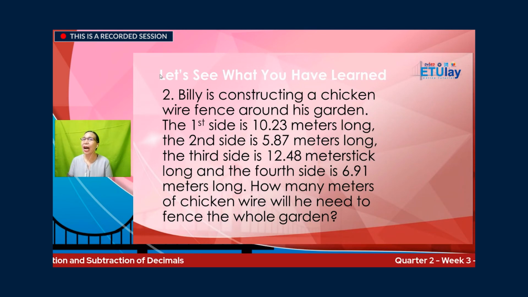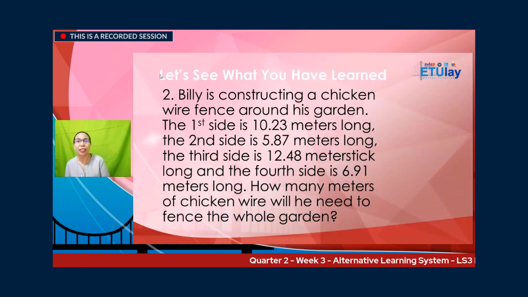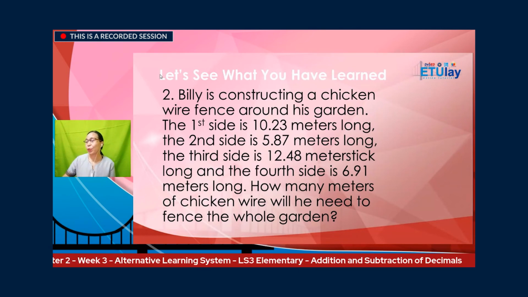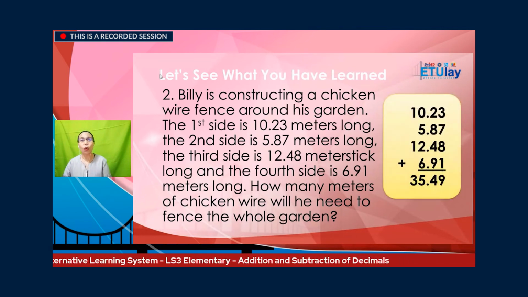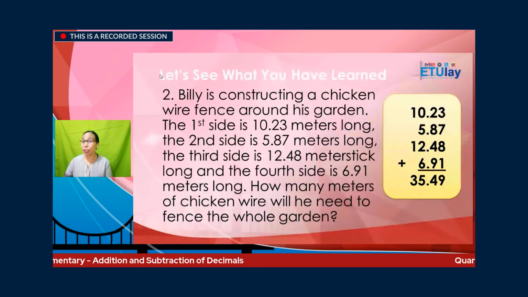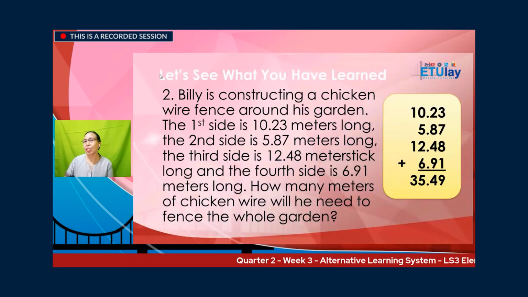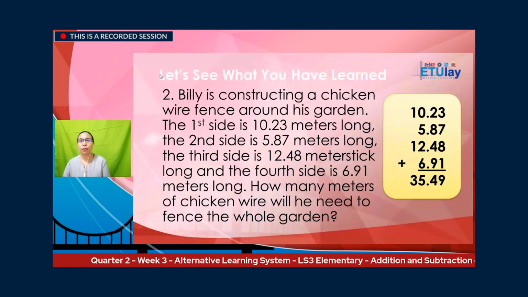Always remember the question: how many meters of chicken wire will he need to fence the whole garden. To find the answer to that one, we have to add all the measurements. 10.23 plus 5.87 plus 12.48 and 6.91. So we got 35.49. How did we get